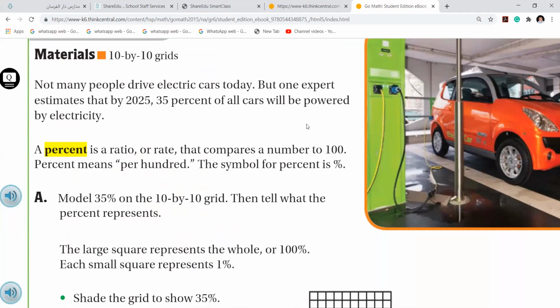Not many people drive electric cars today, but one expert estimates that by 2025, 35% of all cars will be powered by electricity. A percent is a ratio or rate that compares a number to 100. Percent means per 100. The symbol for percent is